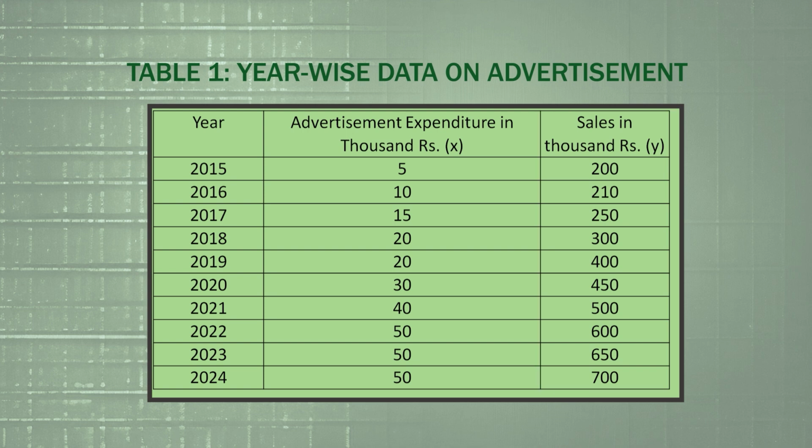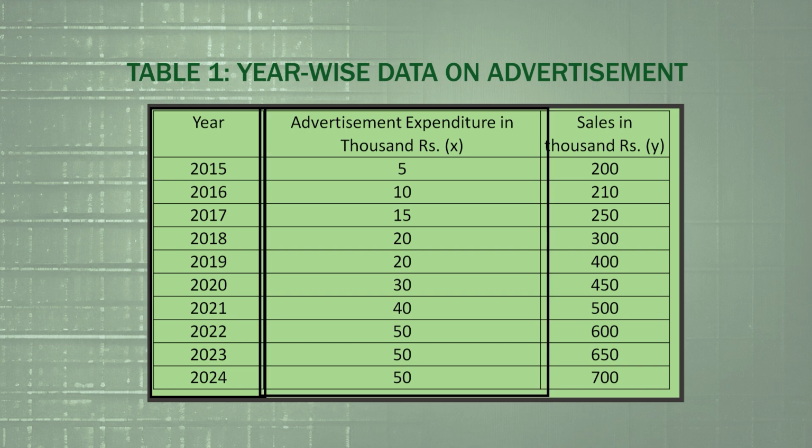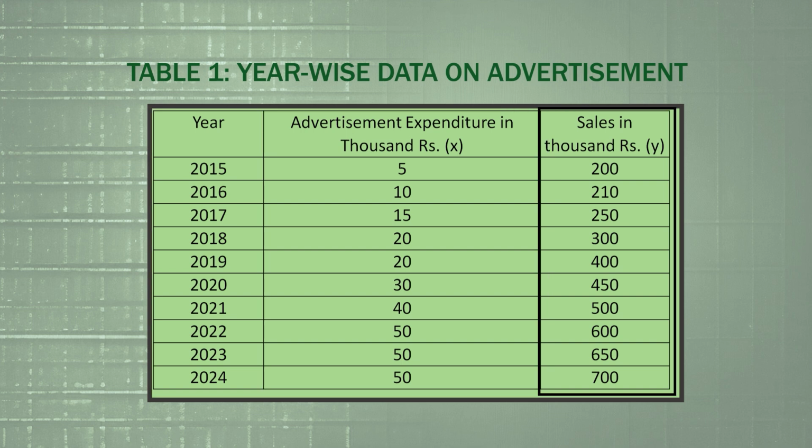The advertisement expenditure from year 2015 to 2024 is given as 5, 10, 15, 20, 20, 30, 40, 50, 50, 50, all in thousands of rupees. Similarly, the sales are given as 200, 210, 250, 300, 400, 450, 500, 600, 650 and 700 in thousands of rupees. So, as a first step,